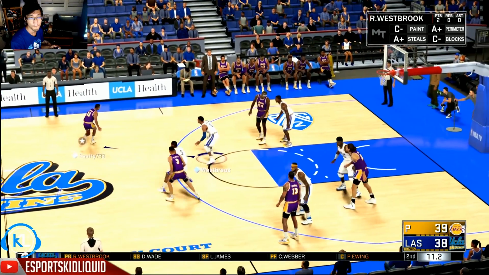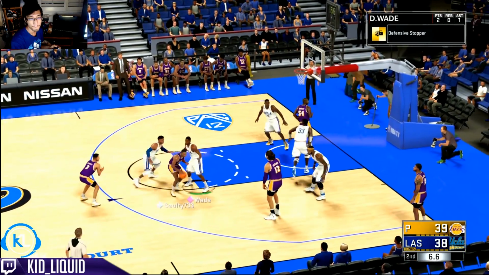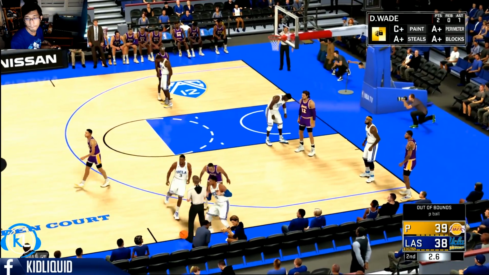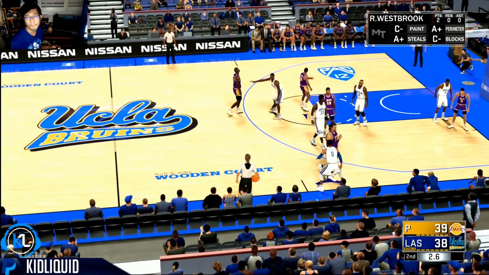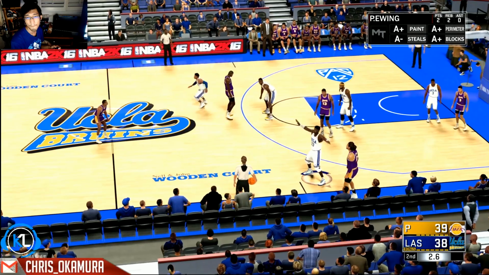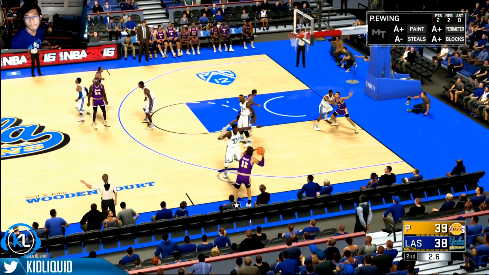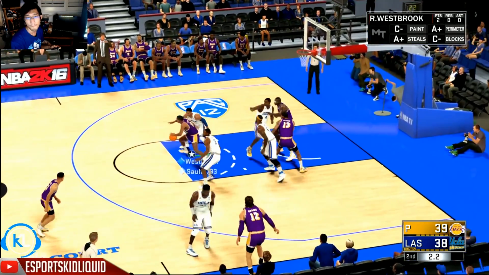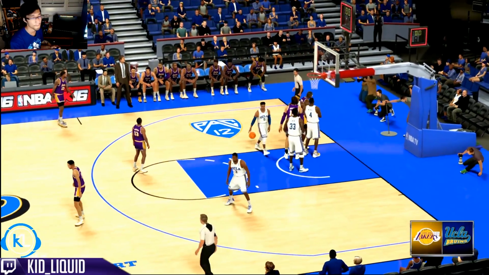Starks dishes to Jackson. Grant with a screen on Westbrook. Jackson passes to Starks. Back to Jackson. And that one goes out of bounds. Last touch by Westbrook. Here's Jackson. Got it off in time, but it's...